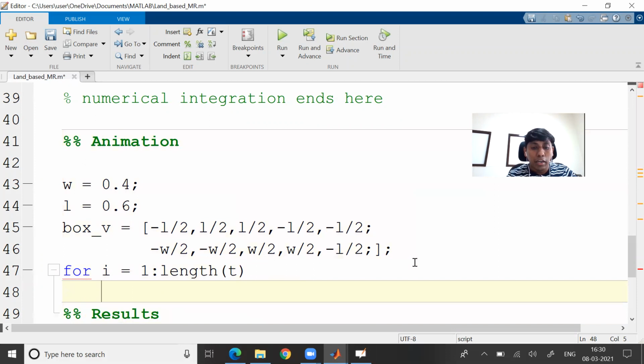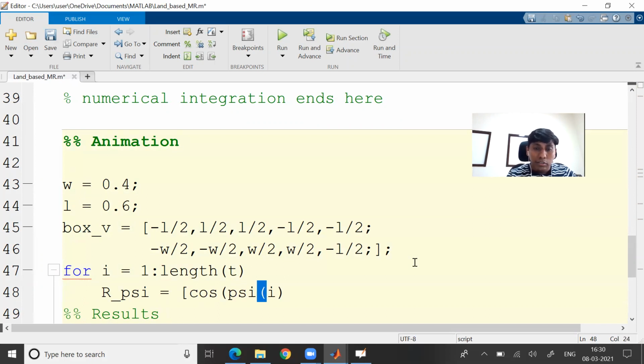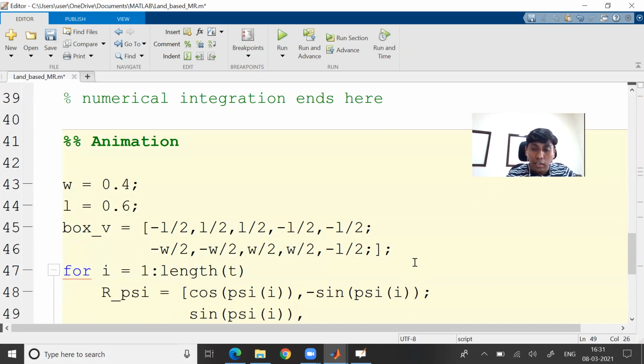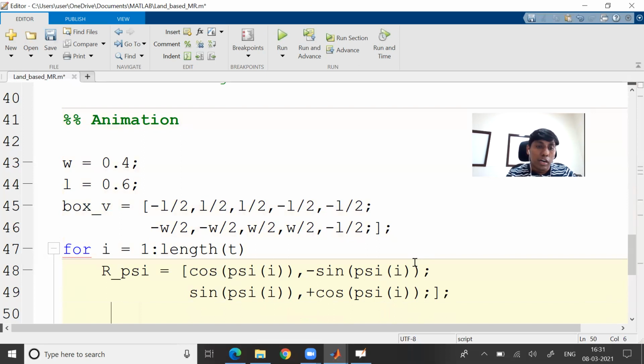So what I need to do is find again the rotation matrix here. So this I call R psi. Okay, so this is a cos psi of I. Since I made psi already, I no need to play again. So that is the benefit I get here. Okay, so that is what I wanted to use here. Then I'll put a plus for consistency. What consistency I am talking about here is the space. Okay, nothing else. So now R psi is defined.